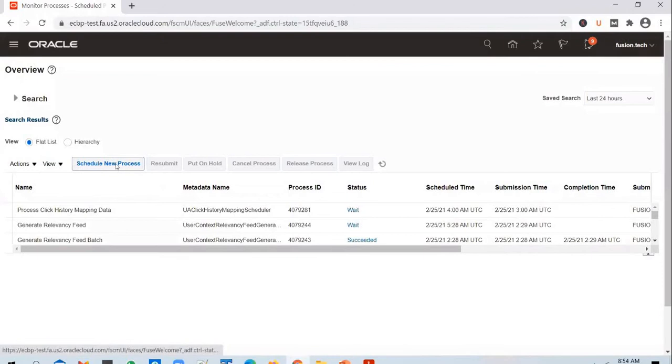So they will go ahead and schedule a new process. Okay. So you are saying users will have access to the tools level? Yes, of course, they will have access to tools and to scheduled process, because not just the custom report that you are building, they will have to run n number of other seeded ESS jobs given by Oracle. Yes, they will have access to tools, but not all the options that you see in tools, just some of them. That's what I'm a little worried about.